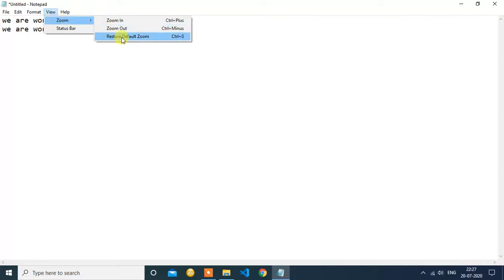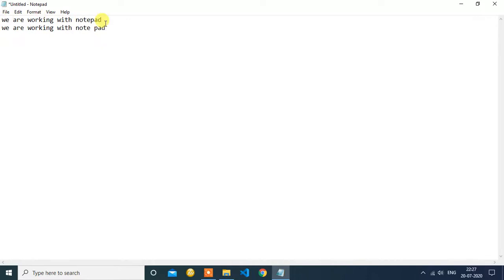So the last option available here is restore default zoom. If we click here, it will take us to the default zoom that was in the starting of the window. So if we click here, it has taken us to the default zoom. So this was all about the zoom section. We have one more section,